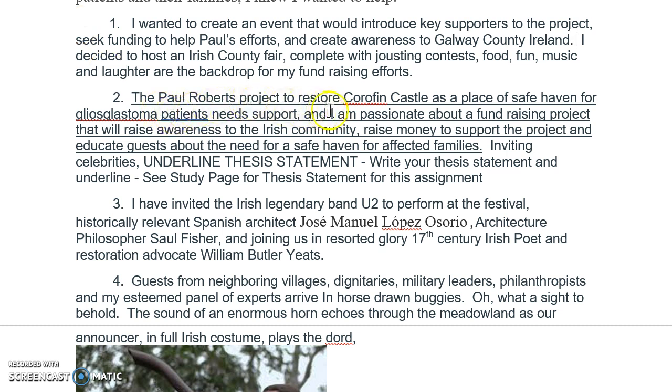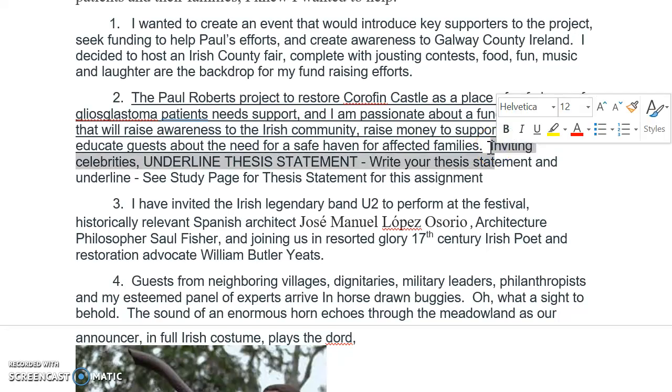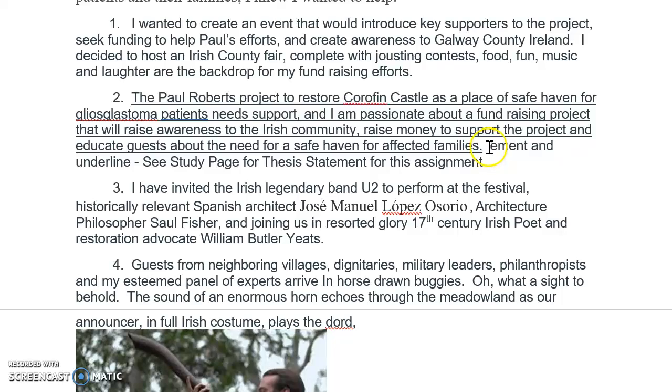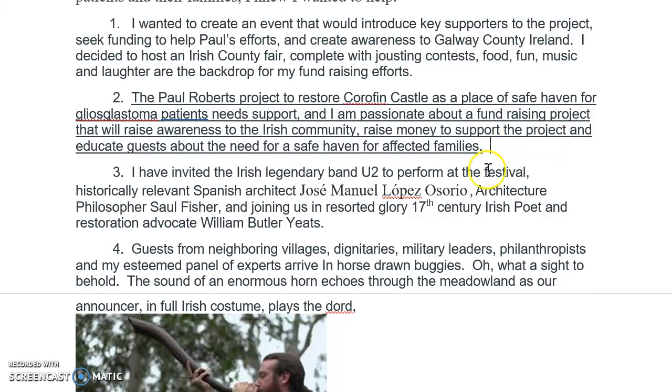The Paul Roberts project to restore Corofin Castle as a palace of safe haven for patients needs support, and I am passionate about a fundraising project that will raise awareness to the Irish community, raise money to support the project, and educate guests about the need for a safe haven for affected families. Okay, so that's done. And know that, again, I've shown the reader exactly what I'm going to be talking about